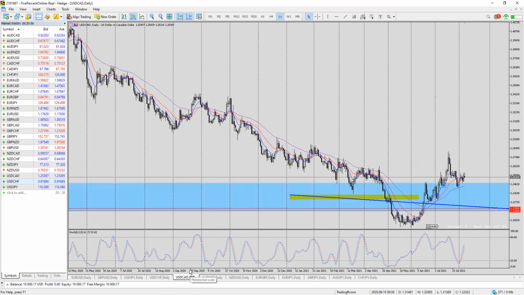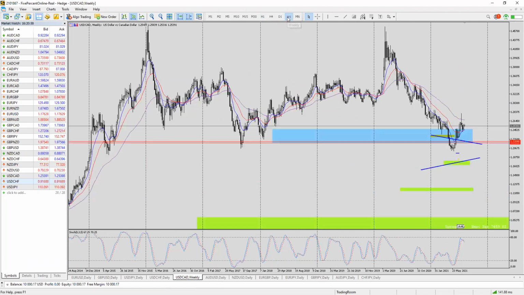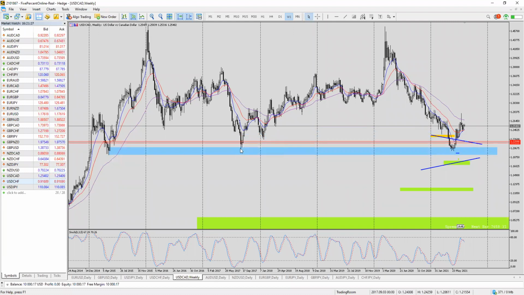Dollar CAD. Dollar CAD, very interesting because there was, why do I have this blue rectangle here? I guess it kind of moved away. So we have this, well, there was this demand around here, this demand zone. Okay, from this area, which was tested in the past, went all the way up and retested again and made